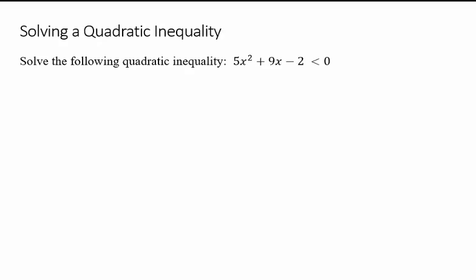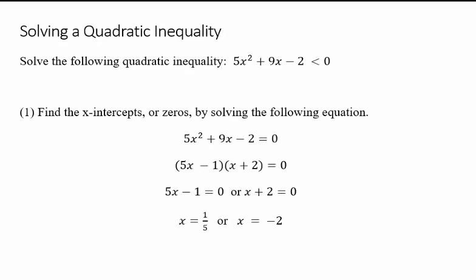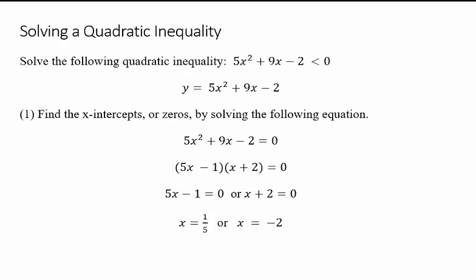In this example, we are asked to solve the quadratic inequality 5x squared plus 9x minus 2 is less than 0. And so we'll start by finding the x-intercepts, or zeros, of the corresponding quadratic function. By solving this equation, 5x squared plus 9x minus 2 equals 0, and factoring if possible, we get 5x minus